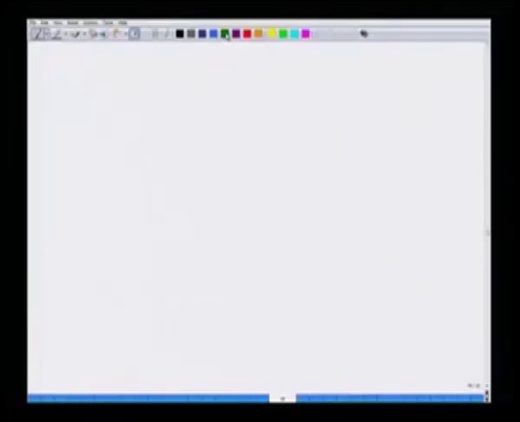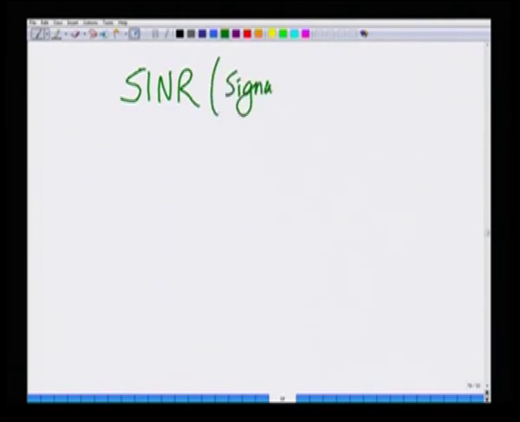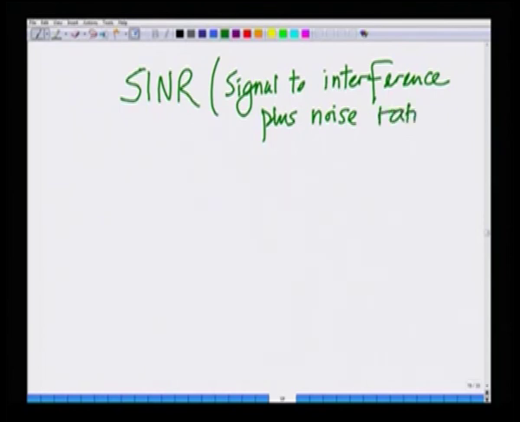So, finally, thanks to all the manipulations we have done, we can now write SINR. Remember, we defined SINR as signal to interference plus noise ratio, or the signal power to interference power plus noise power ratio. SINR is nothing but